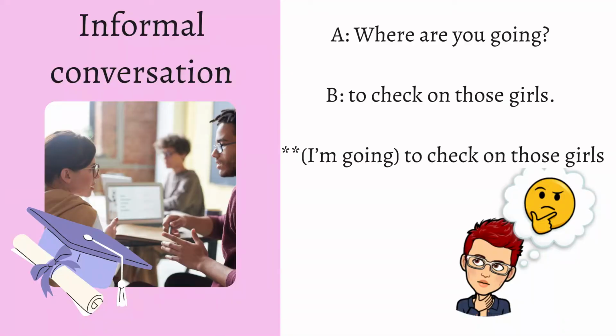Take a look. If you were talking to your friend, the following situation may happen naturally. "Where are you going?" "I'm going to check on those girls." Look here that I can omit I'm going because it's informal. My friend knows who is performing the action. The informal context of the conversation allows that. When we brush up on our language skills, these individual context characteristics may not apply to all the given situations, and you may not make yourself understood.